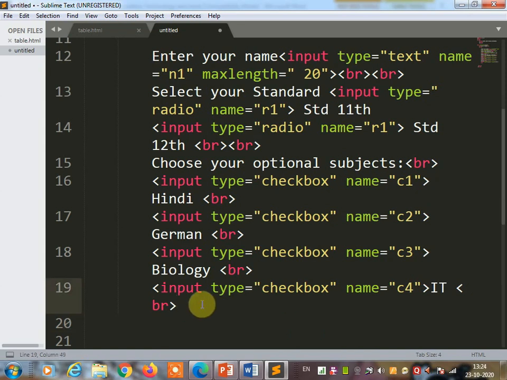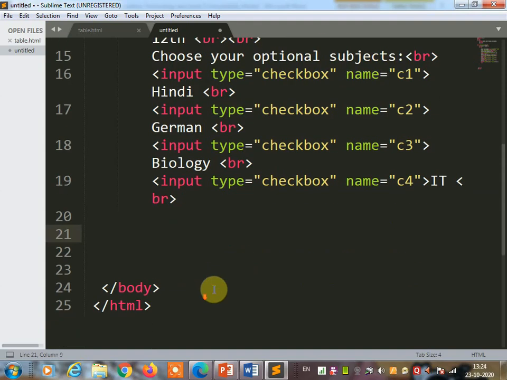Now we are going to have one button over here. So we can write input type equal submit. We need submit button to submit the data.